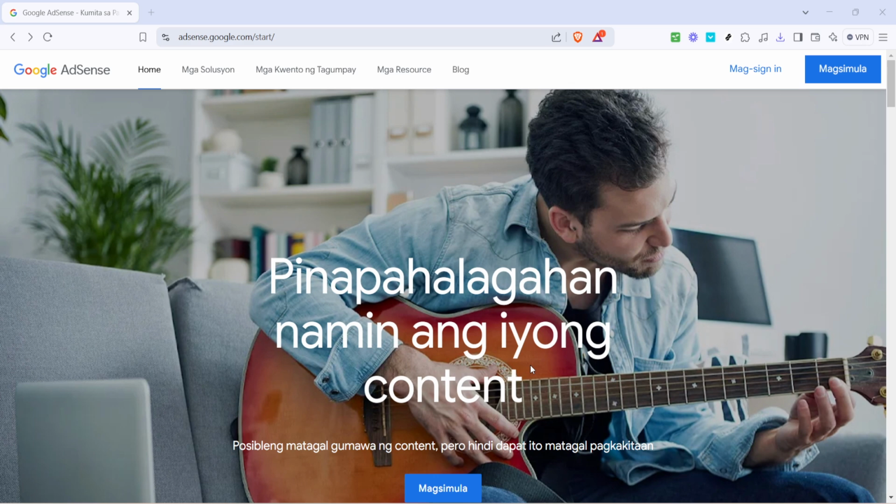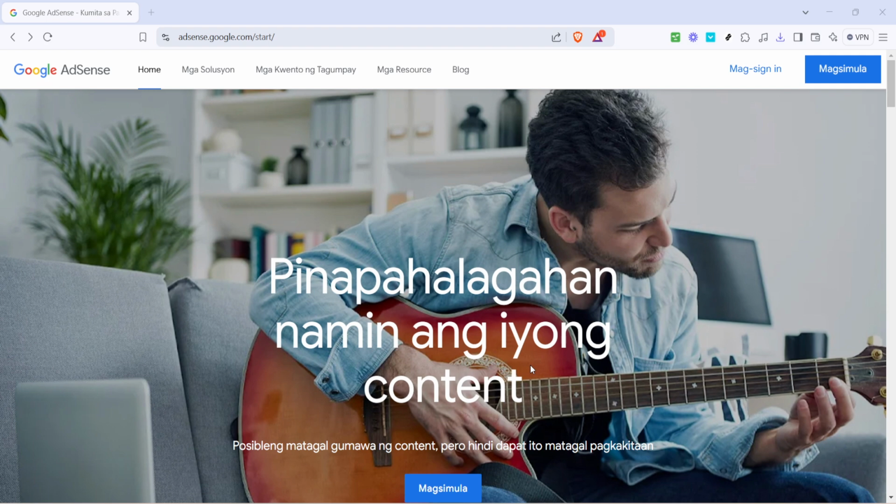First, you'll want to navigate to the Google AdSense homepage. You can do this by entering Google AdSense into your search engine, and it should be one of the top results, or you can use the direct link to adsense.google.com. This page is the gateway to managing your advertising, monetizing content, and accessing insightful analytics about your website's performance. If you're unfamiliar with the layout of the AdSense site, don't worry, it's designed to be user-friendly and intuitive.